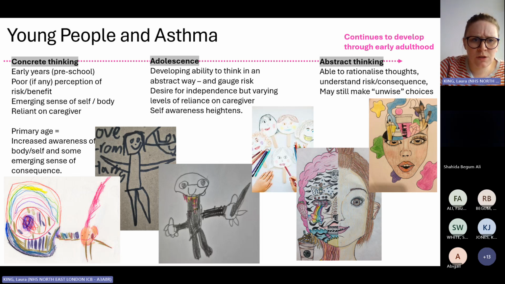And for younger children or perhaps your neurodivergent children, young people, they may never get all the way to the right hand side. They might be more of a concrete thinker. They don't put risk and consequence together. The sense of self might be slightly skewed. There's a reason why young children draw potato people, because they see the whole torso as one thing. So just bearing that in mind when we're thinking about young people can be really helpful, because it does help us build that narrative of what we're expecting them to do.